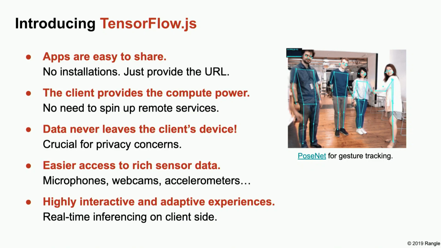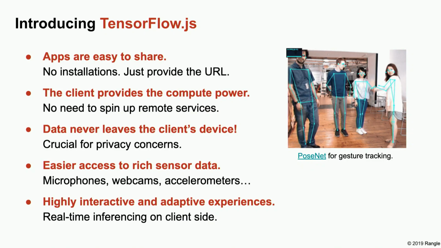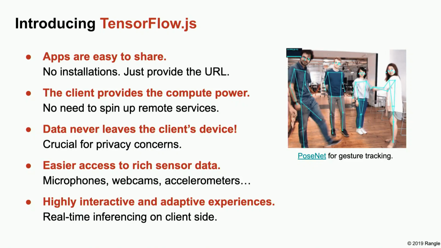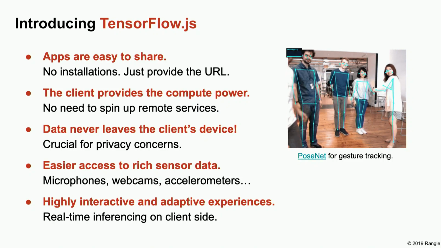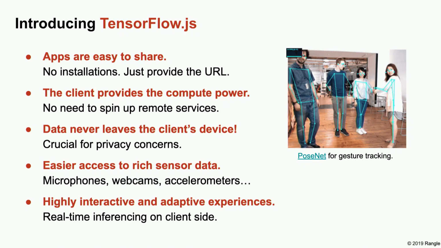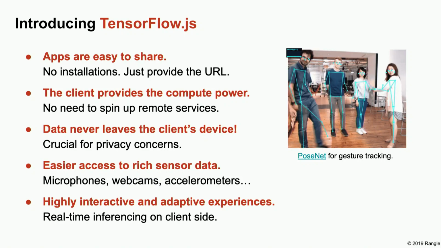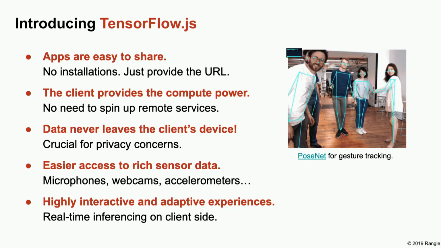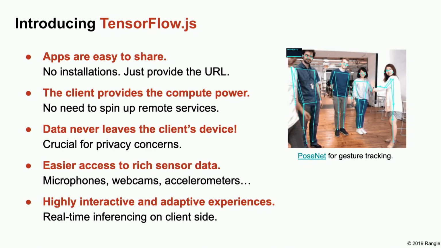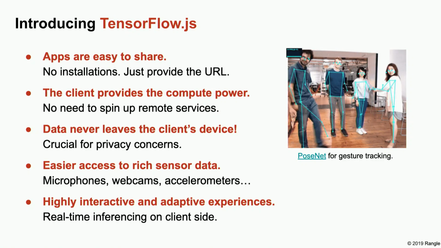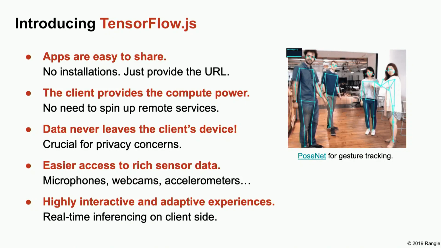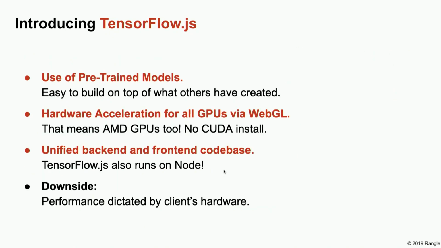So one example, here's a machine learning model that you can download already pre-trained called PoseNet. It's basically tracking major joints within the body, like pivot points, and also facial features. And this is all happening in real time. So you can think about building apps that might detect a gesture and associate an action with that, or might detect a user's emotion based on their facial expression, and then can respond to that. So we'll do a deeper look into PoseNet later, and I just want to wrap up with a few additional points.